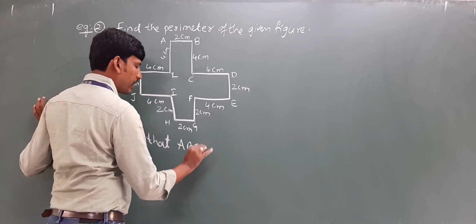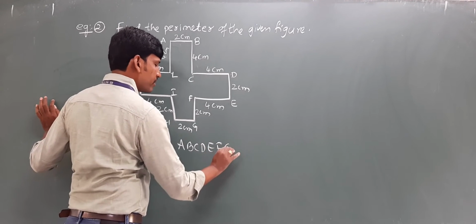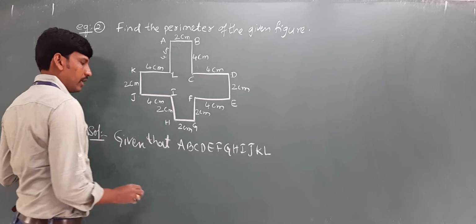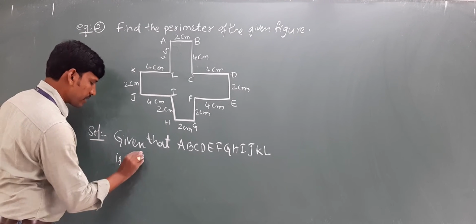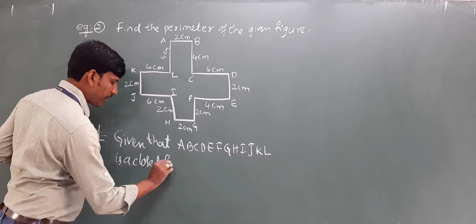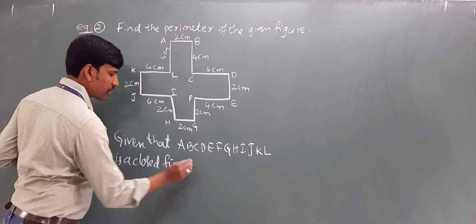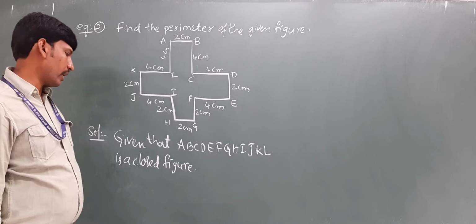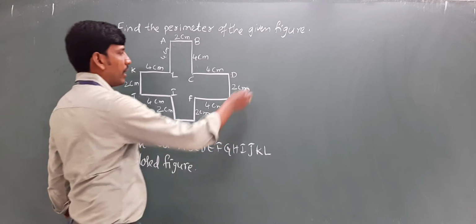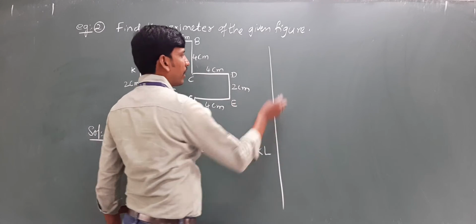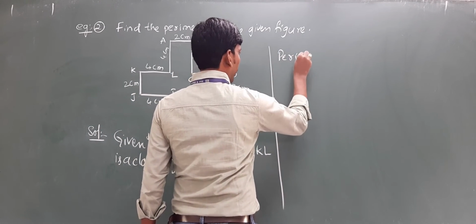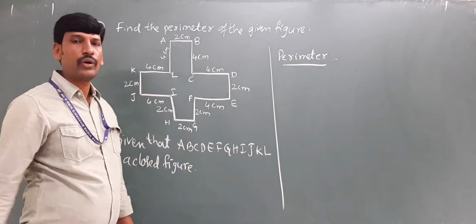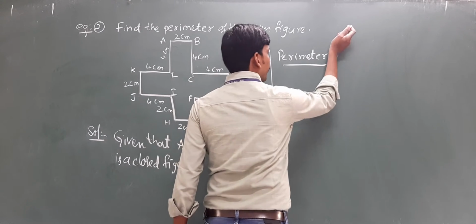So now, given that solution, observe clearly here: A, B, C, D, E, F, G, H, I, J, K, L is a closed figure, a simple closed figure. Keep it in mind always, we need to find the perimeter of closed figures only in this session. Okay? So now what is the perimeter here? Perimeter of this figure is equal to